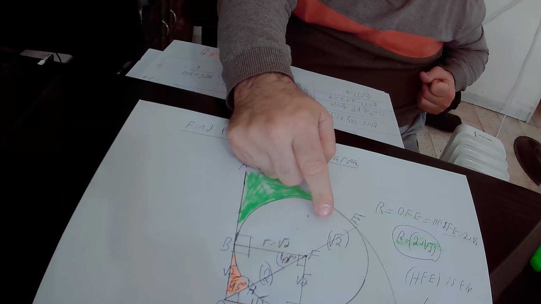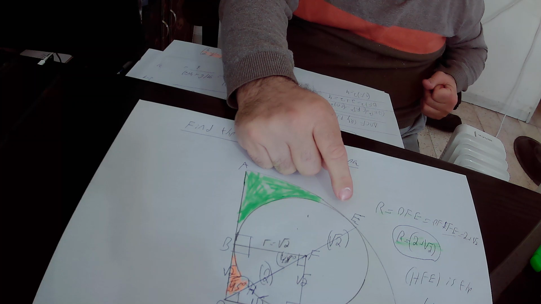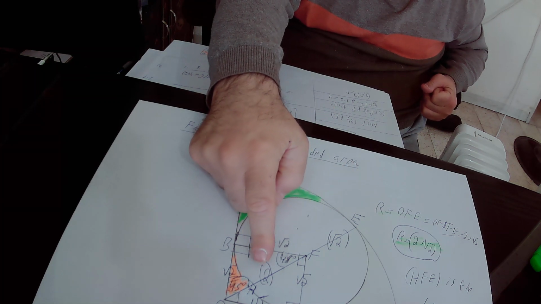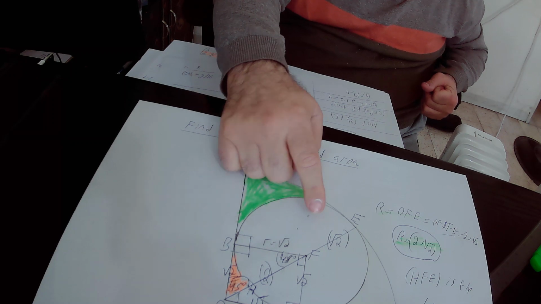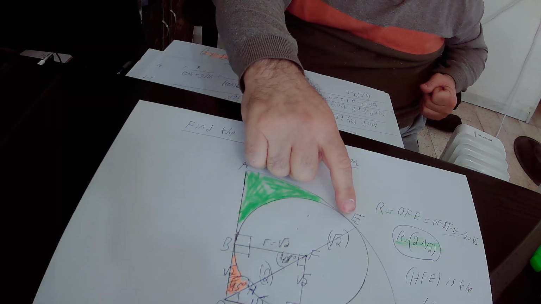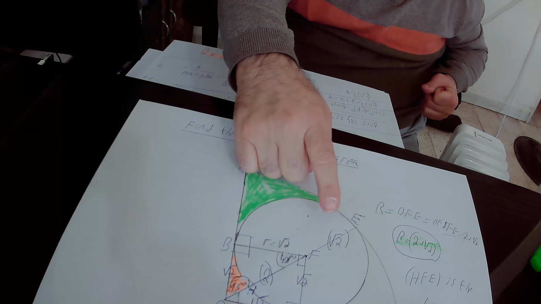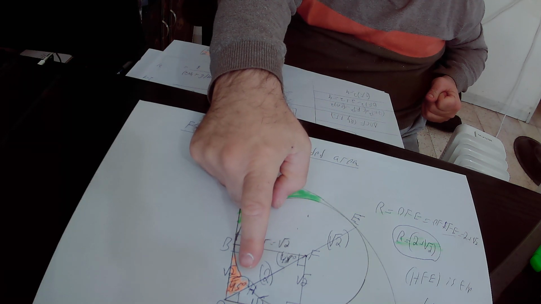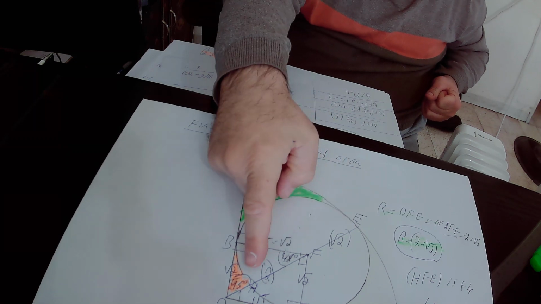HFE is a straight line that touches the circle at 2 points, at point E and at point H. So HFE must be a chord because it touches the circle at 2 points and it is a straight line. This is the definition of a chord. So HE, or HFE, is a chord,